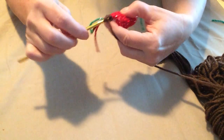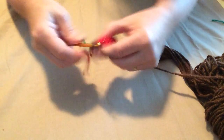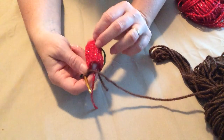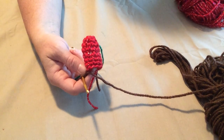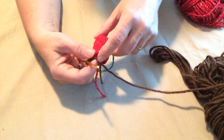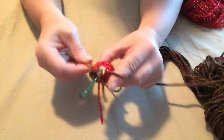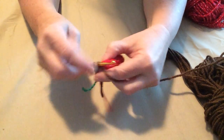And you can do as many rows as you want to. Let me check my pattern, see how many rows we're going to do with the brown. All right, so we did 7 rows of red for the hat portion. And then we're going to do 21, because this will be row 8, where we changed colors. And then row 9 through 21, we're going to be just stitching 10 stitches of single crochet per row through